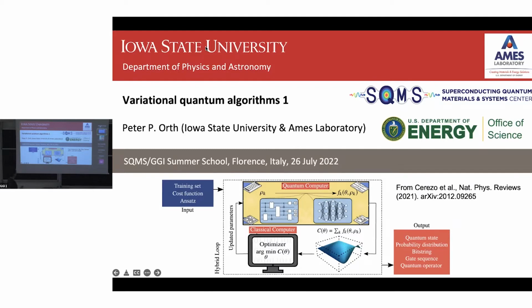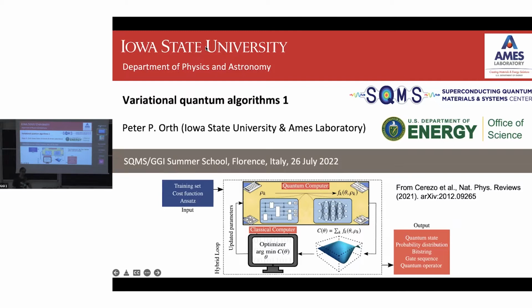So then the classical device will actually perform that classical minimization and try to find the arg min of that cost function, which is what you're interested in. And while you're doing the optimization, of course, you need to evaluate the cost function again and again. So what the classical optimizer will do, it will suggest an updated step to new parameters theta, and then you will again run your circuit, compute the observables, and feed it back into the classical device.